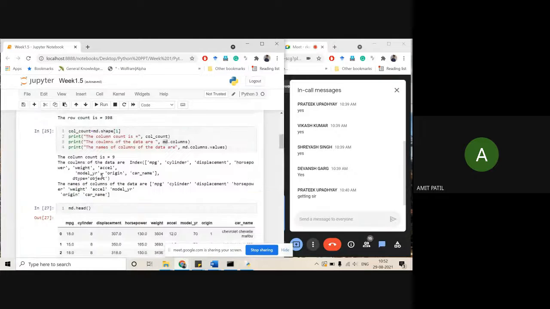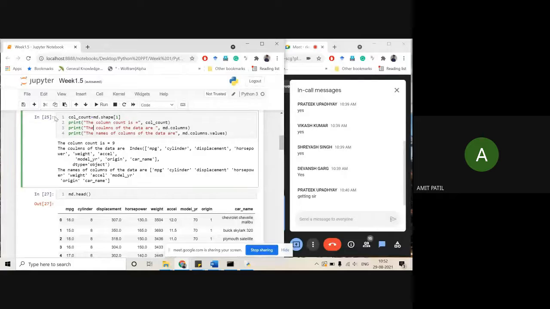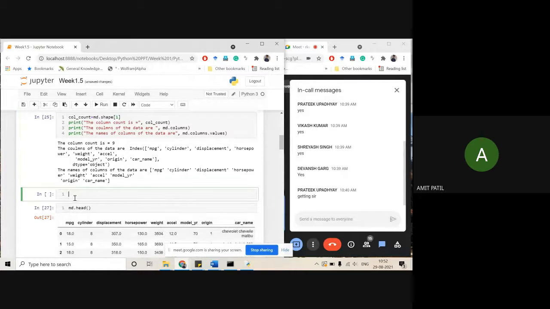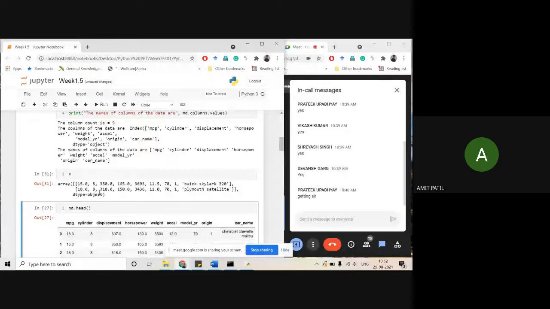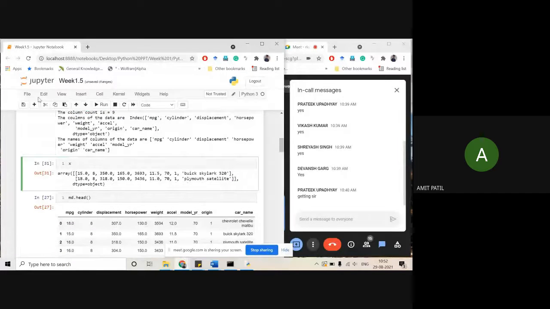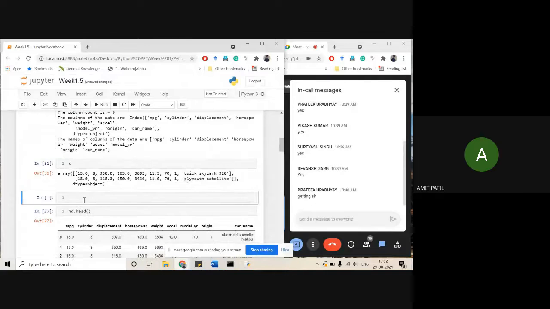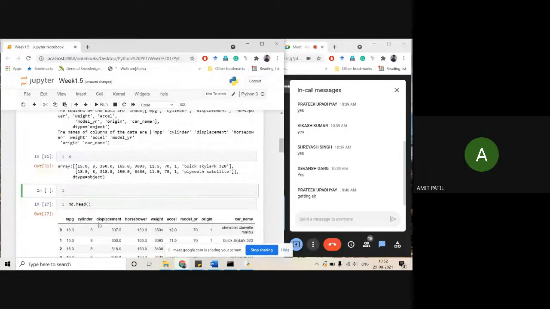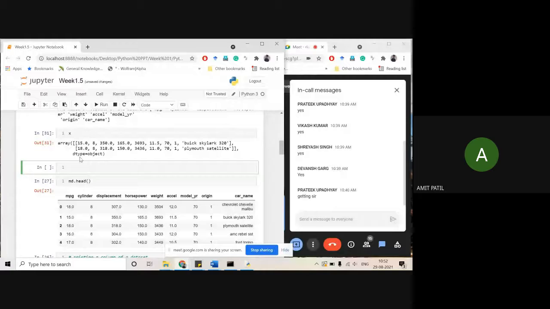Take the example: x was our numpy array, right? For md dot head we had this output, but you cannot run it for numpy.